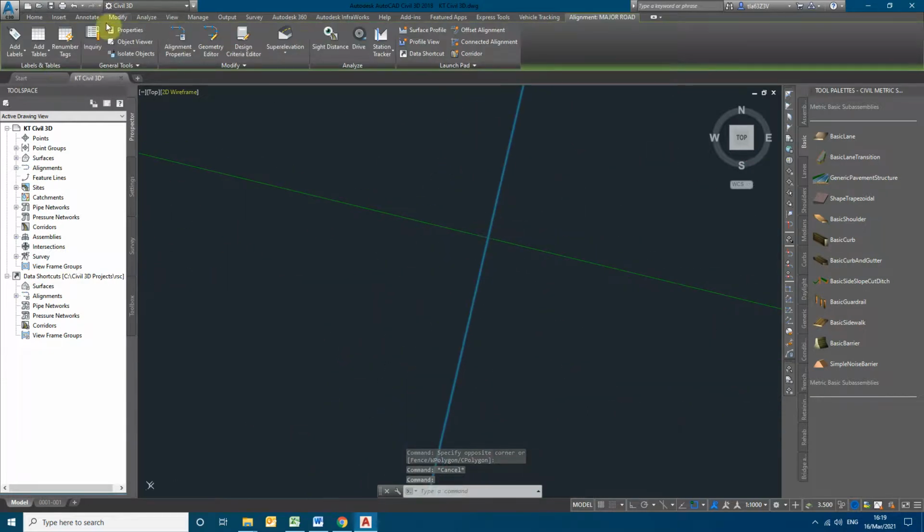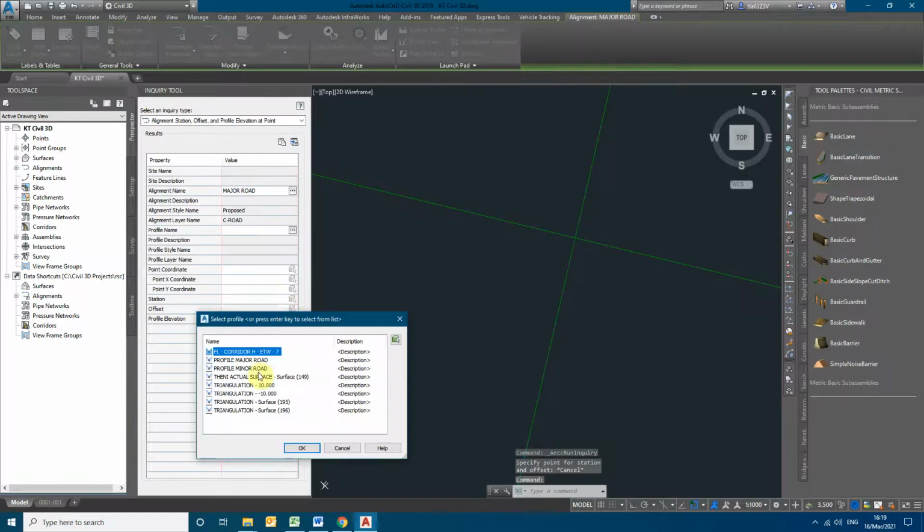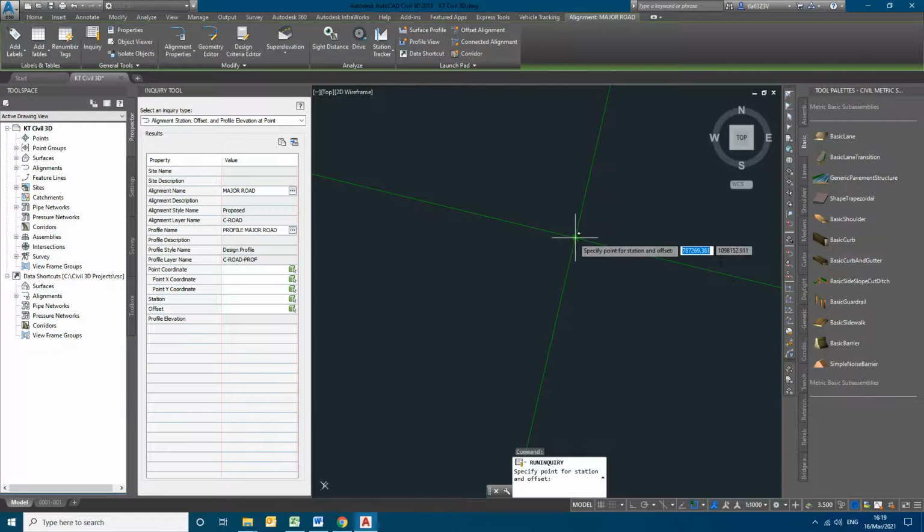I'm going in for more precision. Let me see if there are any differences. 359.064.